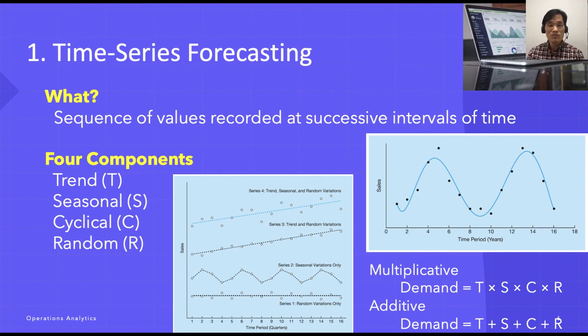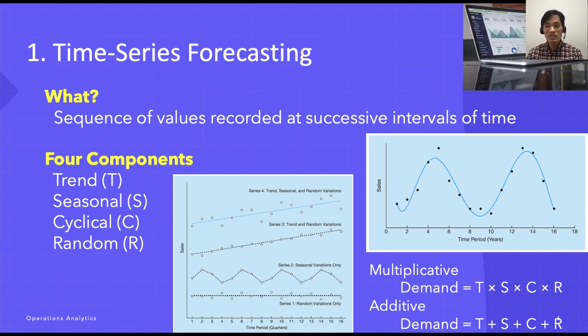First, time series forecasting. Time series forecasting involves a sequence of values recorded at successive intervals of time. The intervals can be days, weeks, months, years, or other time units. Examples include weekly sales of personal computers, quarterly earning reports of any corporation, daily shipments of everyday batteries, and annual US consumer price indices. A time series may consist of four possible components: trend, season,